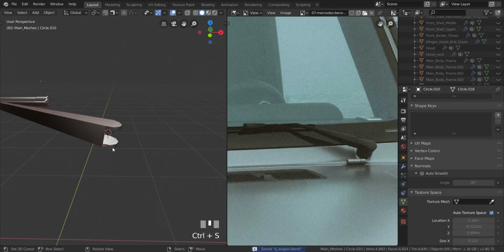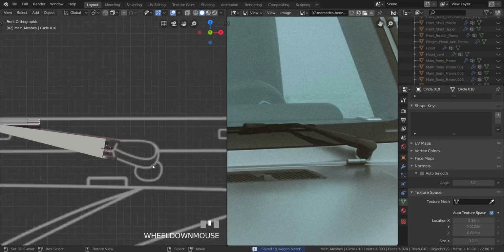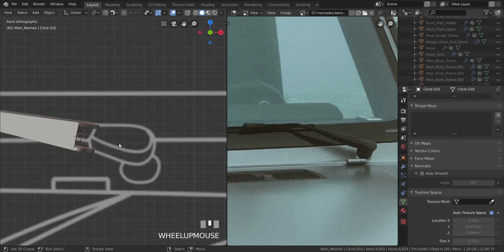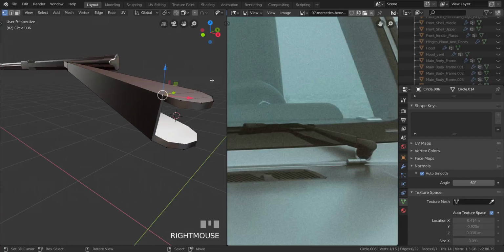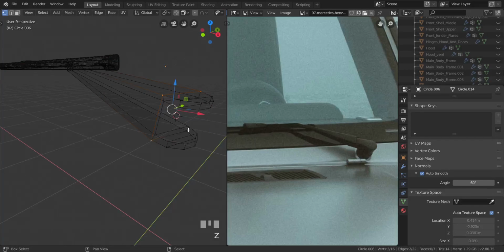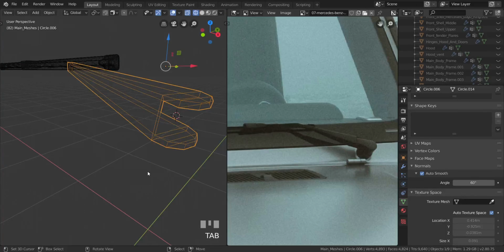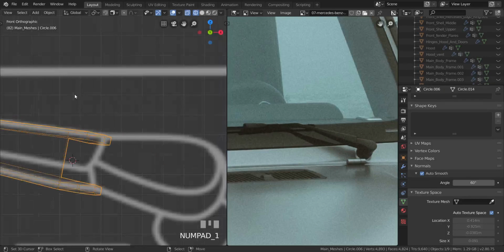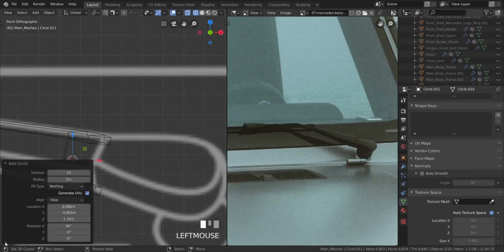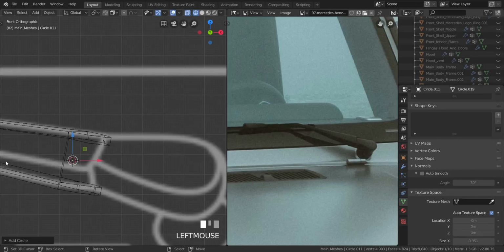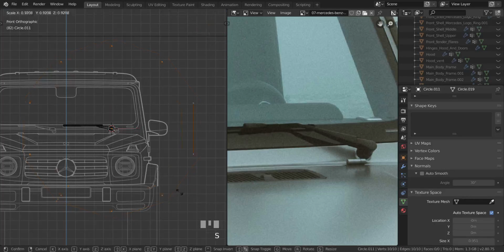So let me just get into front view. Let's try to finish this off. So what I'm going to do is I'm going to take these two here. Let me just get over here, take these two, and take these two as well. Press Shift and S and choose Cursor to Selected. That should be the center of that object over there. So what we're going to do is press Shift and A and add in a mesh circle, and hopefully that gives us 10 vertices, just the way we want it. I want to go into edit mode and I want to scale this down,